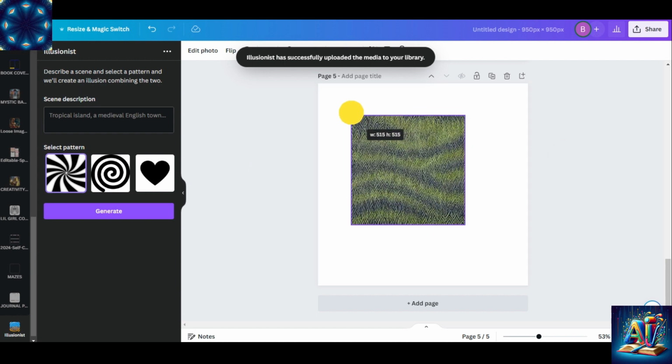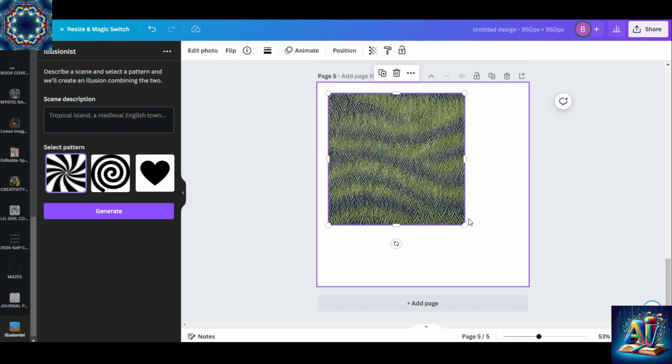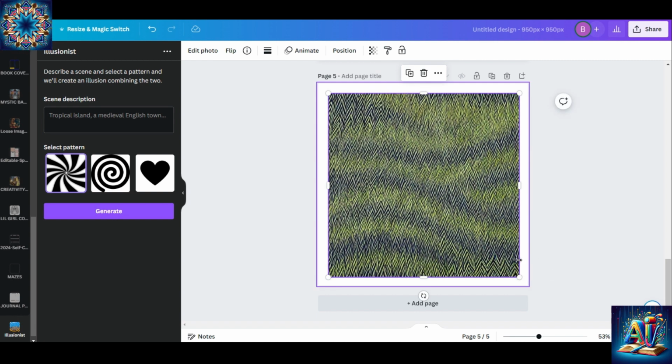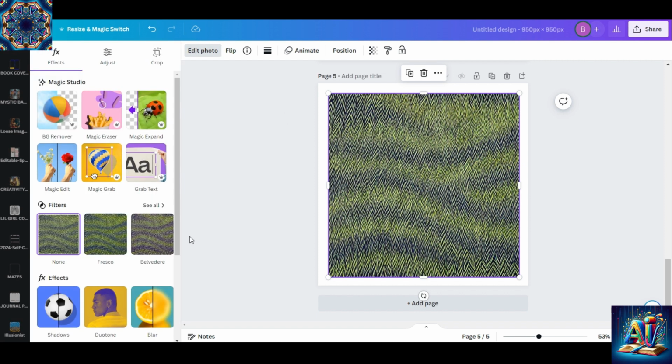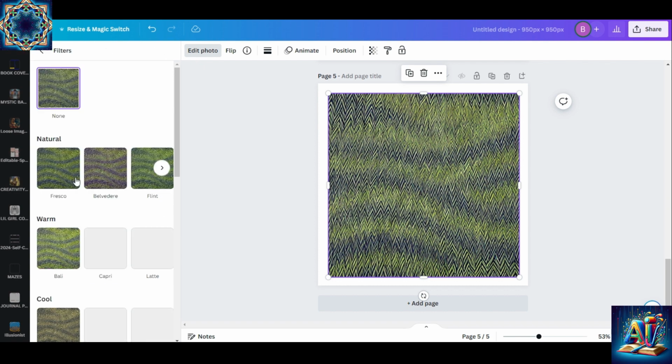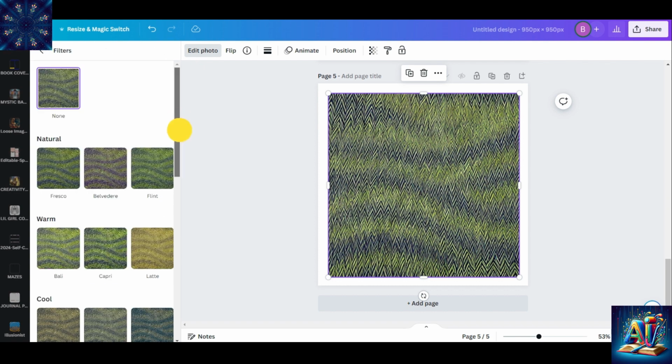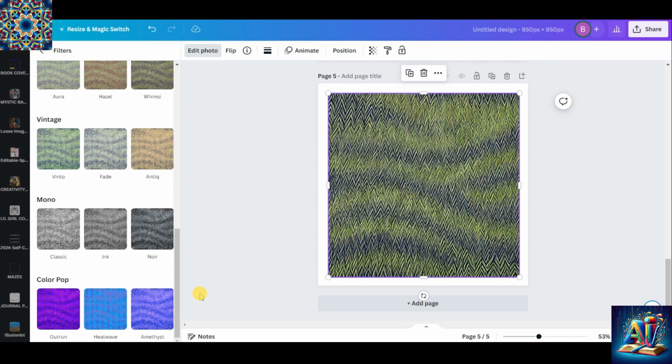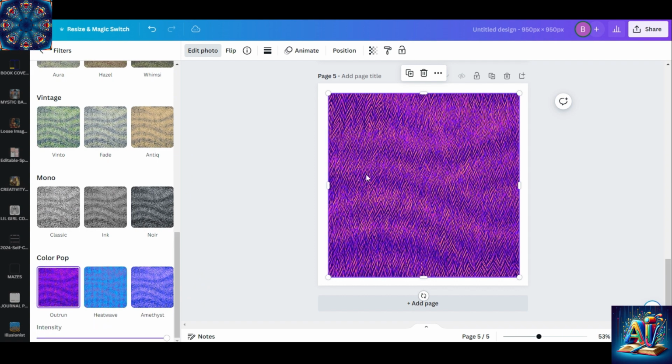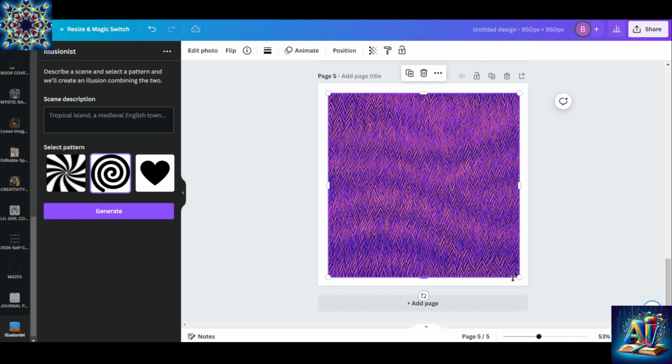Okay, so it created this here, and that's the illusion lines that it gives. I gave it no color or anything, so it picked its own color. Of course, you can go to edit photo once you click into it, and you can come down here and play with the different filters that they have to where you can get the color to be whatever you actually want it to be. But that is what it gave me. Is that necessarily what I want? No,